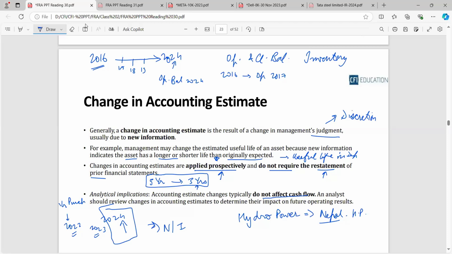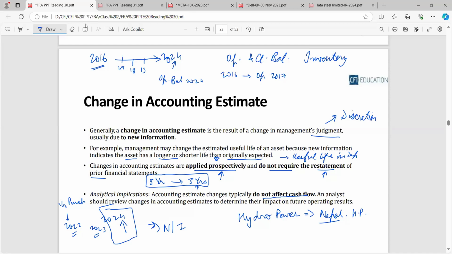Any company, let's say. I'm not even remembering the names of the top companies, but let's say companies which are not deep diving into hydro activities. They might have opened one dam over which they are utilizing the hydro energy contained in the water. They might have used that plant initially with the estimation that its useful life would be, let's say, 40 years. Now with the coming of new technology, they came to find out that there are certain breaks in that dam. With the coming of breaks, they think it might not even last 10 years, and we need to make a capitalized expenditure on repair.